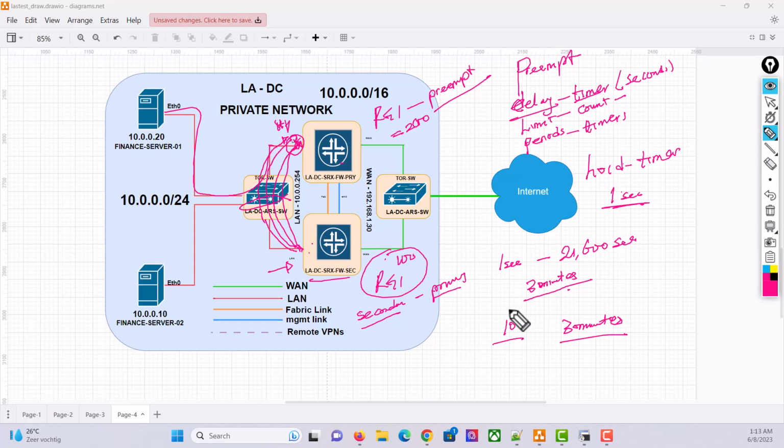It's not really disable preempt. You have to reset the count. It stops the failover because obviously the system is not stable. Okay, so this 30 minutes here applies to the period, while the 10 applies to the limit count. So you can say, if you have 5 failovers within 300 seconds, then go ahead and stop the